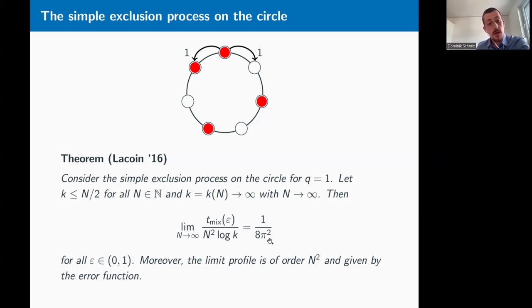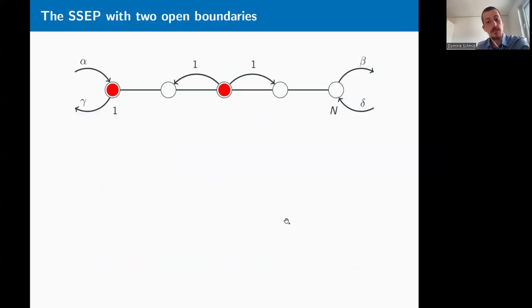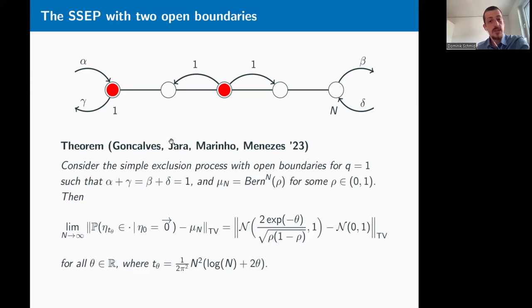But I don't want to go into too much detail here for the symmetric part. Let me just give you some other result where we have a good understanding of the limit profile. And this is for the symmetric exclusion process with 2 open boundaries in the reversible case. So here we're considering a segment of length n. And remember, the particles can enter and exit at the ends of the segment. It turns out there is a very recent result due to Gonçalves, Ciala, Marinho, and Meneses from 2023,